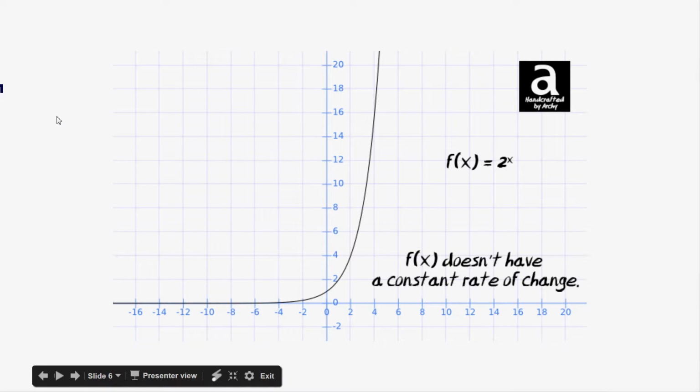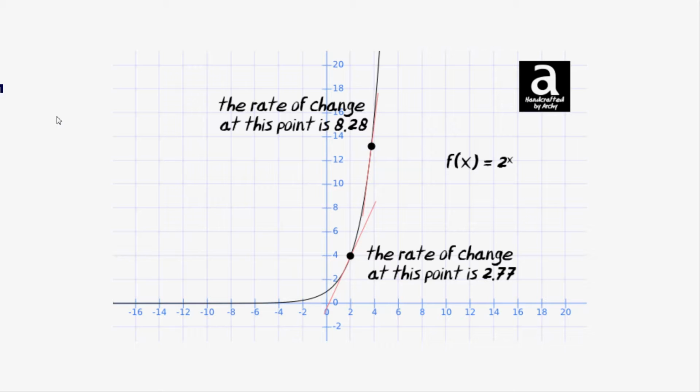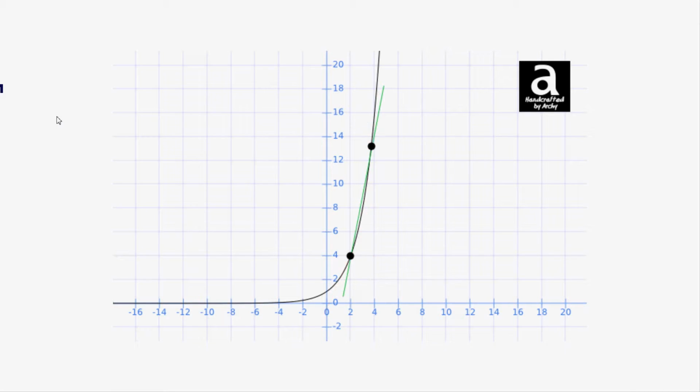When you don't have a constant rate of change, such as here, when f of x equals 2 to the x, the derivative is going to be different throughout the function. And so, here the rate of change at x equals 2 is 2.77, but as you increase x, the rate of change will increase as well. So, if you try to numerically estimate the derivative using 2 points as before, you won't get a very accurate